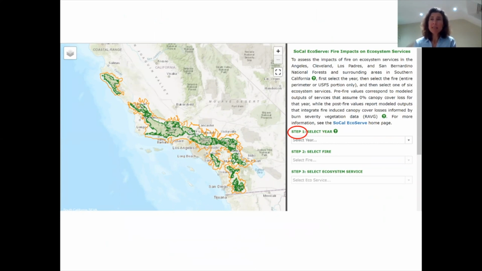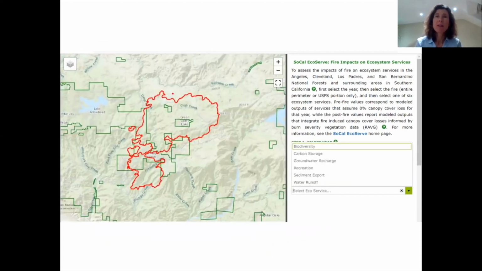First, selecting the year, and then selecting the fire, and it will give a list of the fires that occurred in that year. And then finally, the ecosystem service. And there are 6 services, as we've just heard earlier in the talk, that a user can select from.